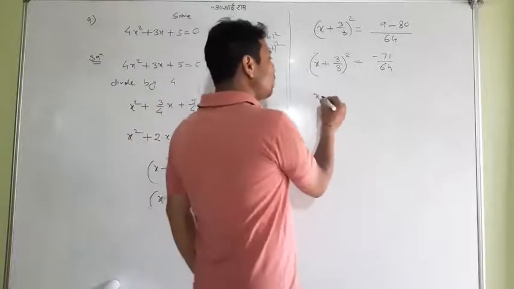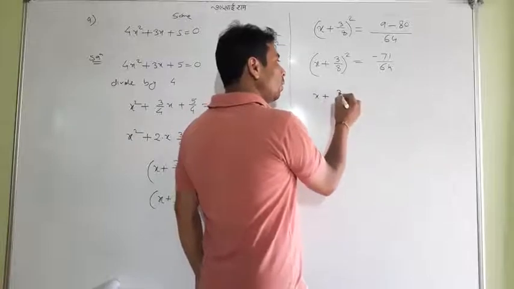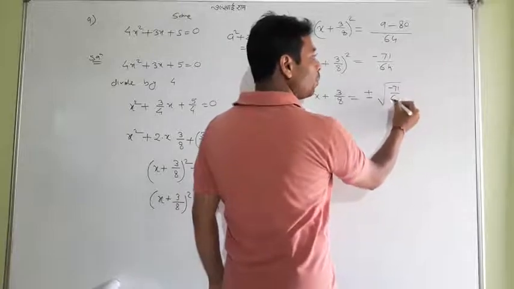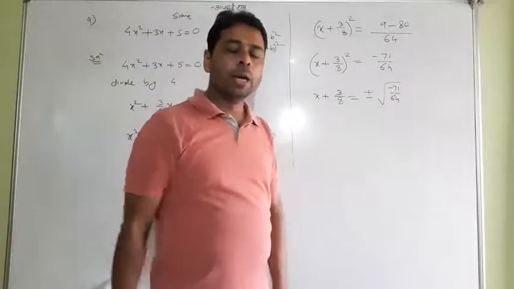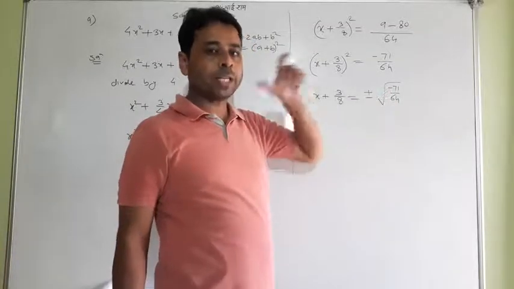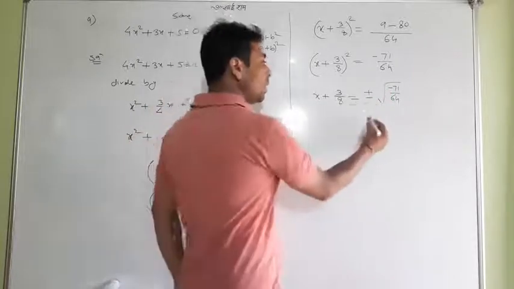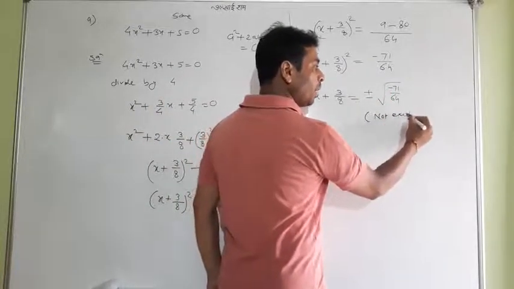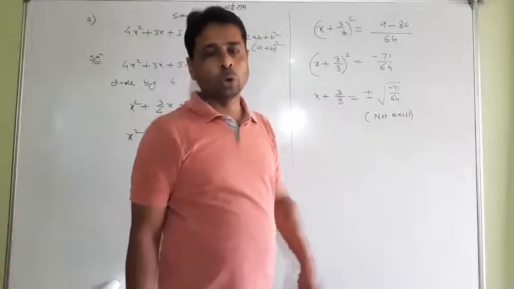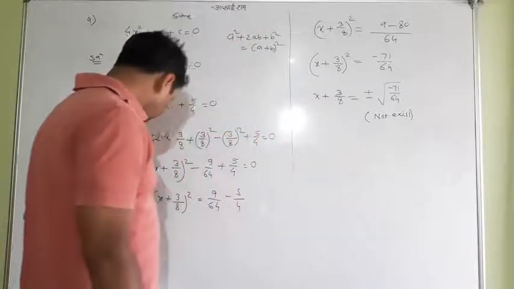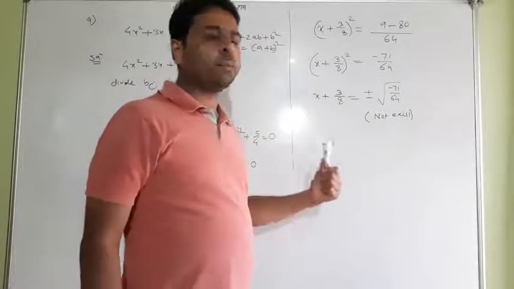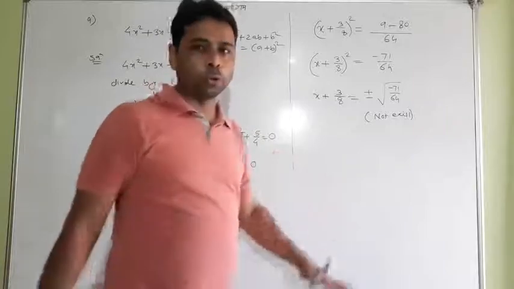And after it, if you try to do the square root, it is plus minus, no worry about that, but root of minus 71 upon 64 will come, which actually does not exist, because two times already I have told you that in under the root sign a negative number should not be there. If it is coming, it is unfortunate, and we say that it does not exist. When it does not exist, we cannot find its real answer. We have to drop our answer right there. So no more solution is there. So this is the question. It may or may not come in the exam, but we cannot say clearly. The concept is good, so we should know.